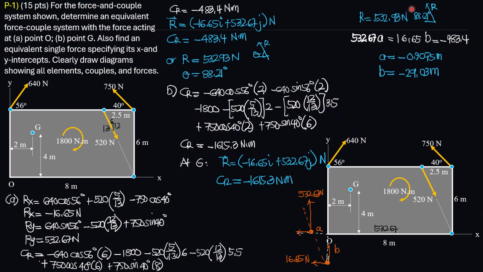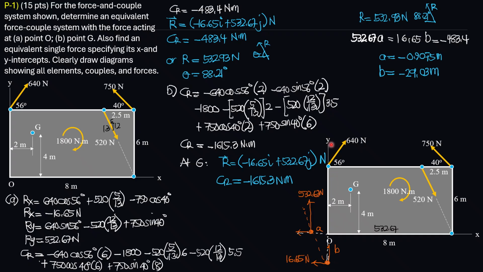the single force, part C, the x and y intercepts. Since the resultant is up to the left and its moment about O is clockwise, 483.4 clockwise, so up to the left, the resultant force should be to the left of O. So that should be the position. And if we